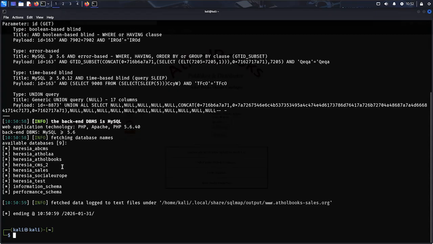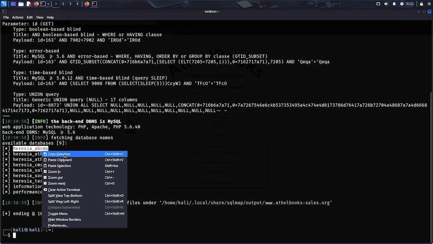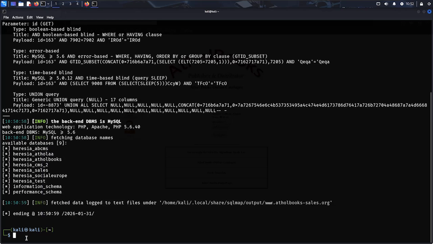Now we'll browse the database. Let us search from this database first. Copy selection. To reveal the database, we again need to put sqlmap, then -u, then the link,